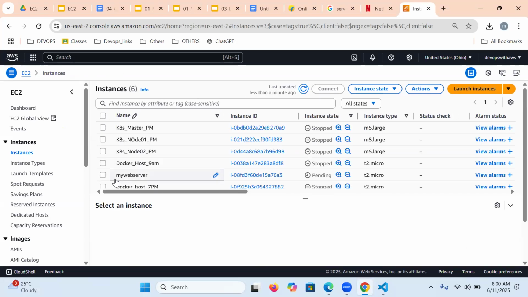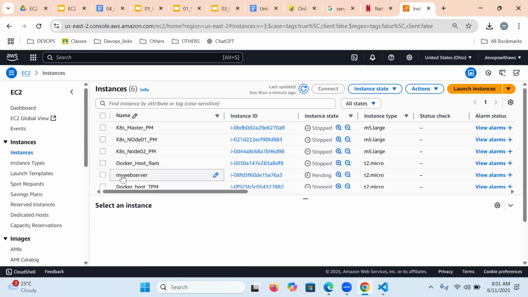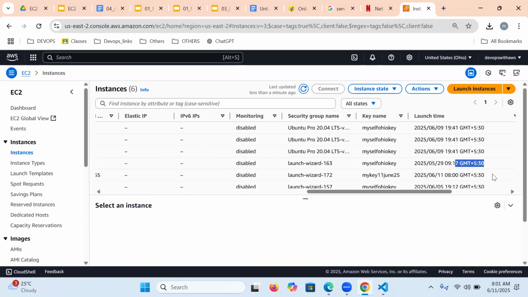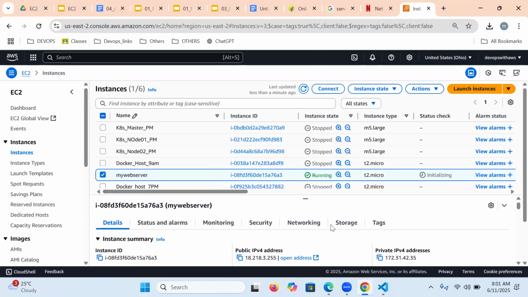Is the server created or not? Is it running or not? All of you, please confirm in the chat box. Guys, please tell me. How much time did it take to create? Hardly 1 minute, am I right?